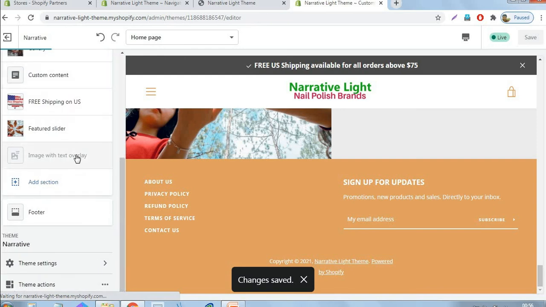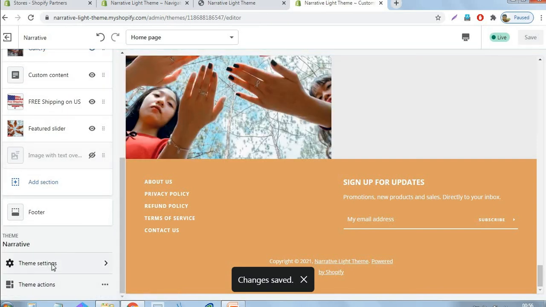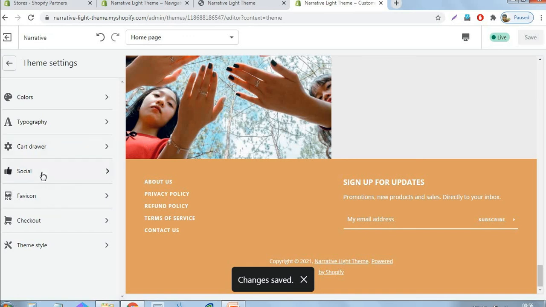Another thing we can do in the theme settings is update the social media icons. See here, we can change the colors, typography, and a lot of options in the theme settings. The favicon is a very important element. In each browser tab a small icon is displayed. If you upload a favicon image, we can see a small piece of image here. That's why the option is called favicon. It's a small image file. You create a small image file and upload it in this field.